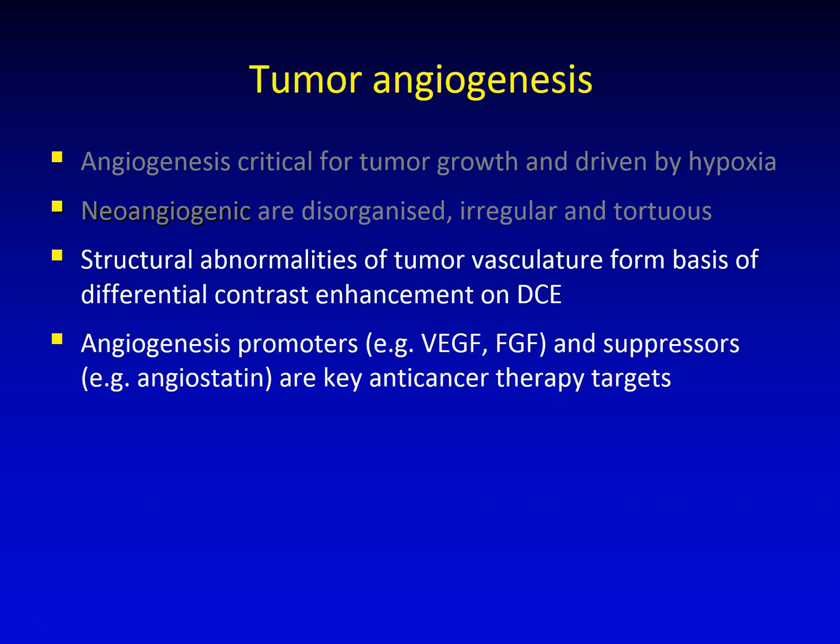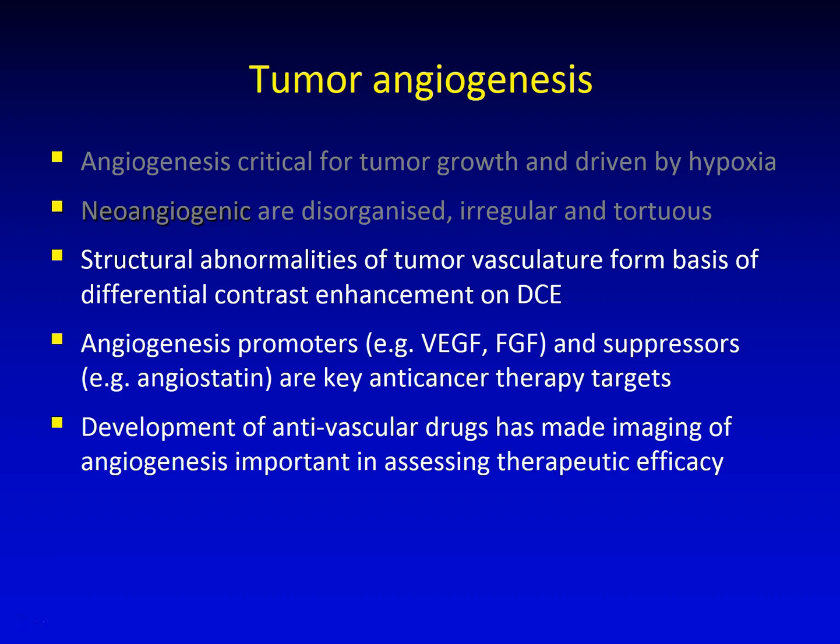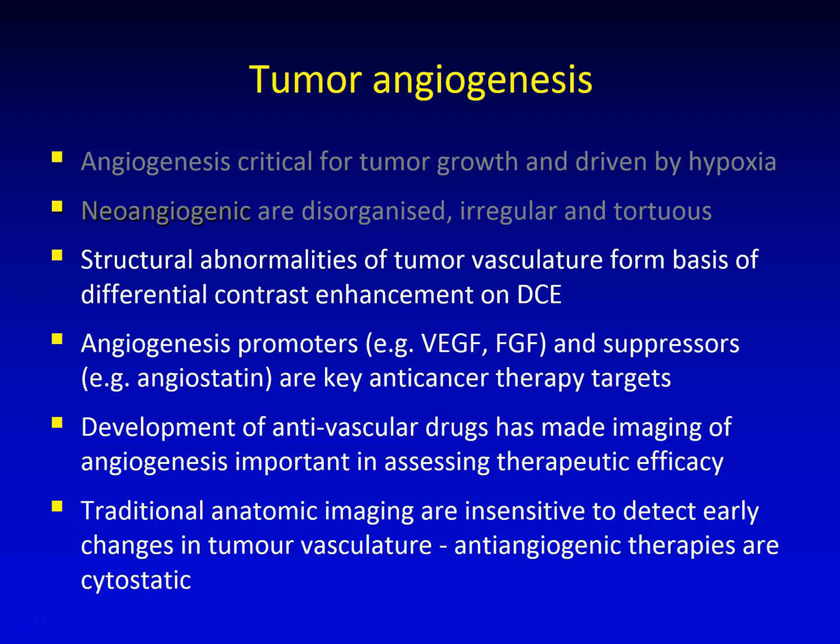We know that the angiogenesis promoters and the suppressors are key anti-cancer targets, and the development of antivascular treatments has made angiogenesis imaging more important in assessing therapeutic efficacy, because traditional anatomical imaging in terms of size criteria is unable to detect changes in tumor vasculature,